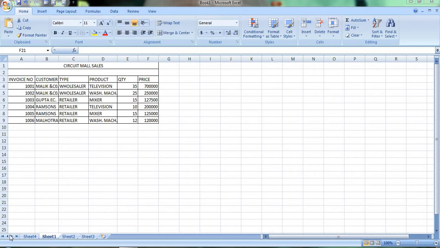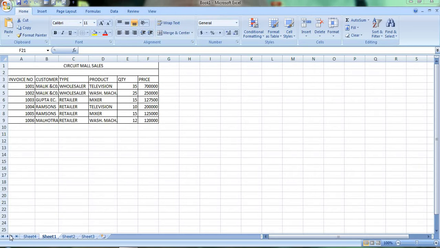At the very first, I have opened an Excel sheet. After that, I made the data in this, as you see in front of your screen. Why did I make this data prior? Because it will consume some time to make the data records here. It is very easy. You have to fill all these entries in your sheet, and after that you have to follow some instructions which I will explain accordingly.